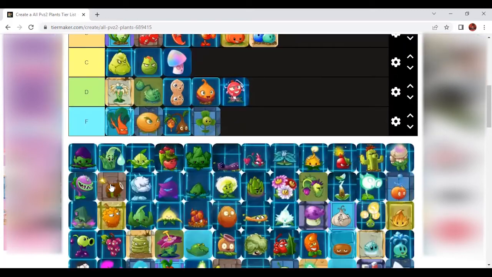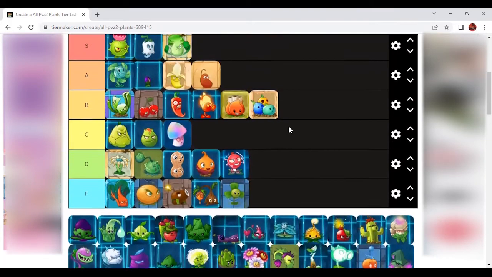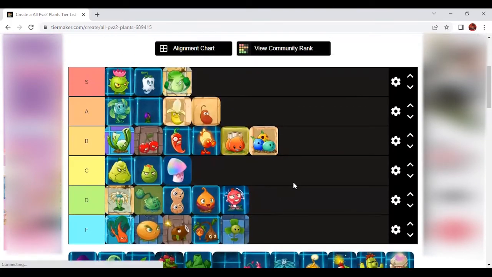Anyway, next one. Coconut Cannon, awful. Very trash. Bad. Not as bad as that. Yep, that's a good place. He's only good for like...